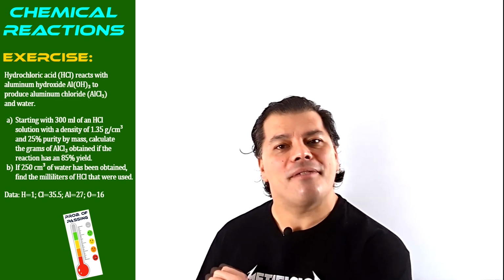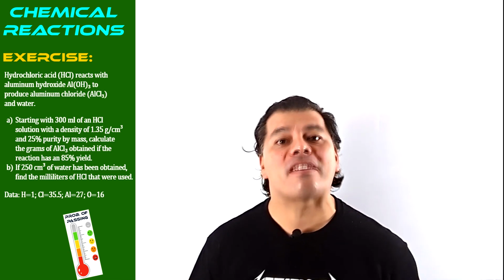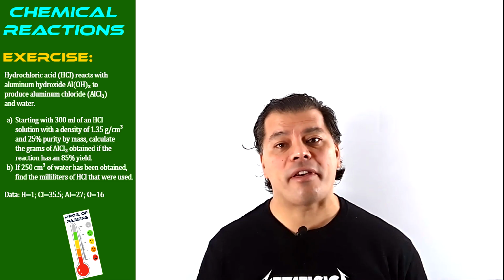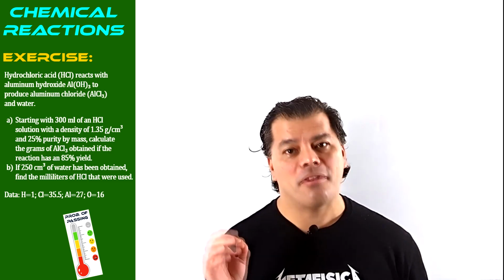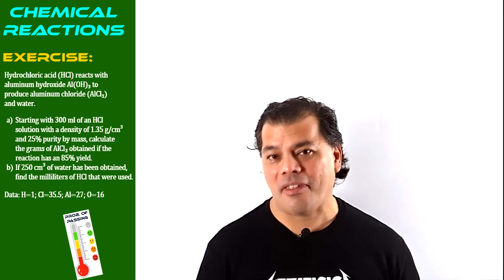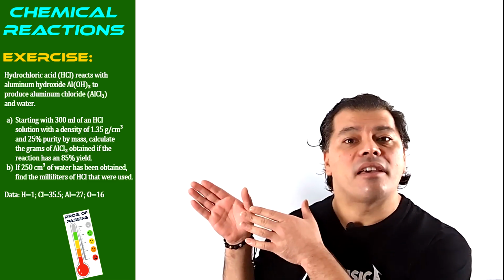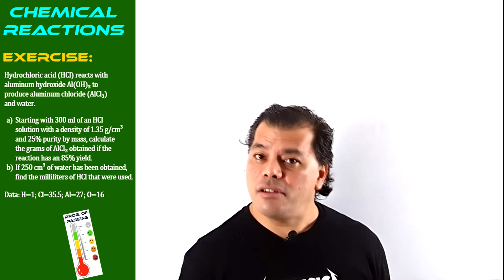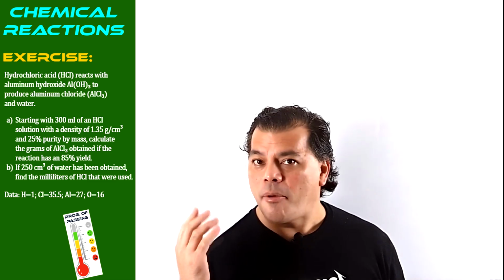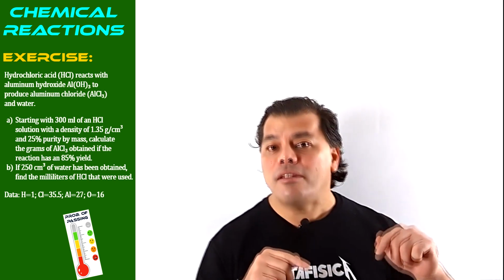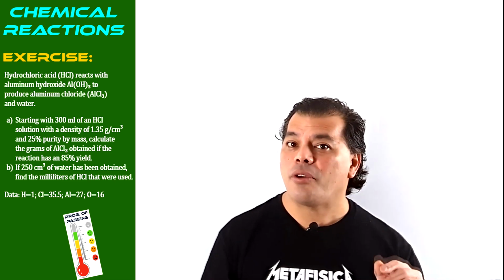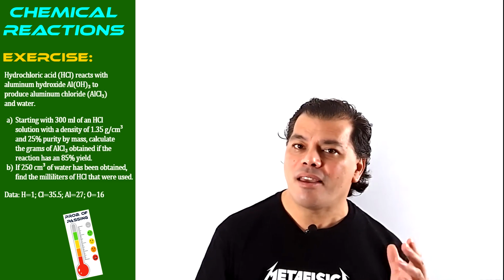And today I want to give you one more stoichiometry problem for you to master this standard. We are dealing with a reaction that has a reagent that comes in the form of dissolution, but the most important thing that I want to give you is that this reaction has yield. Not only direct yield, which means they are giving us an amount of reagent in order to calculate the amount of product, but also inverse yield, that is, we are given an amount of product obtained in order to calculate